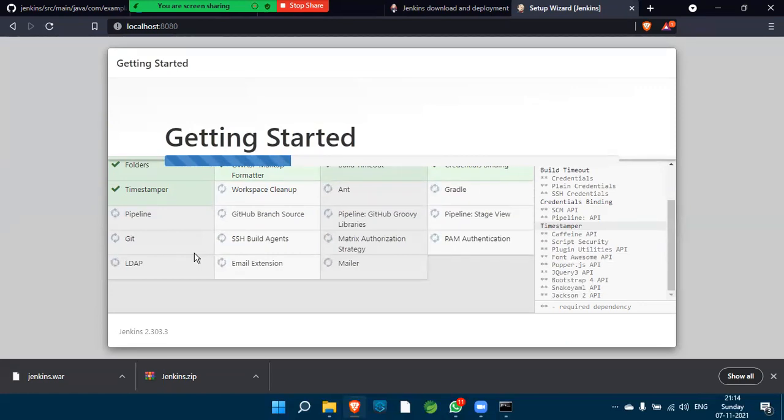By default Jenkins runs on port number 8080. If you want, you can override that port number also. How to override the default Jenkins port number? I will tell you in a minute. Once this completes, I will tell you how to override the default port number if you want an external port number.